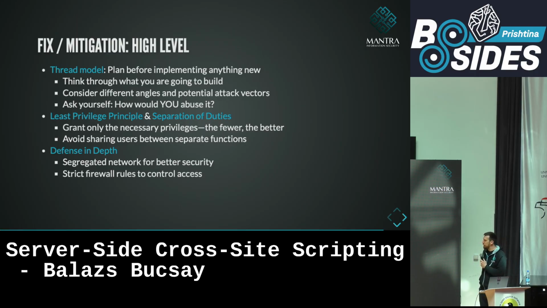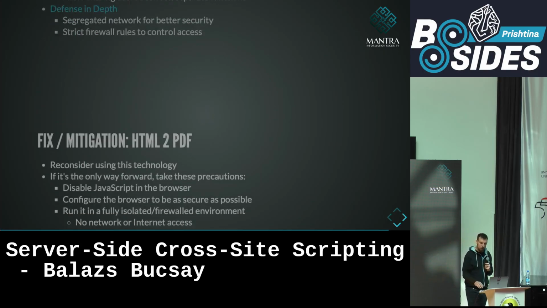And defense in depth, so segregation, firewalling. In this case, the container had access to the public internet. You could download everything. You could load, render any websites from the internet. And also, not just from the internet, but from the local network as well. Why does it need to have access to the metadata? Why does it need to have access to other local services? So if we had proper segregation in this case, then we wouldn't be able to access the other Docker container which was vulnerable for local file read and server-side request forgery.